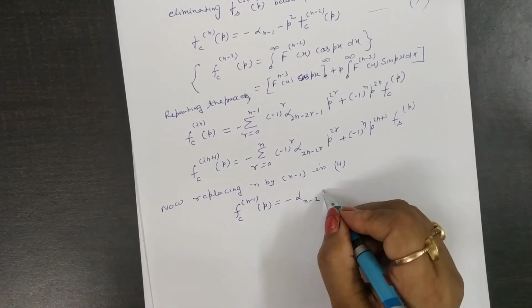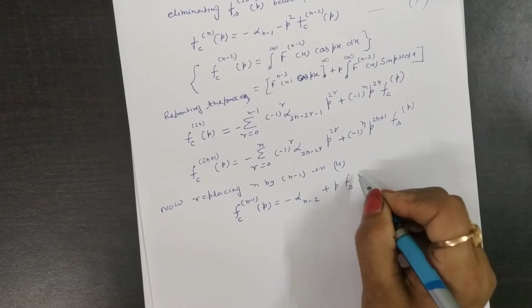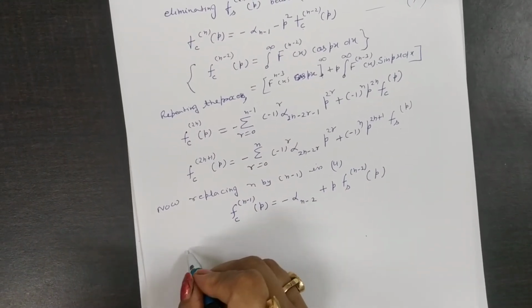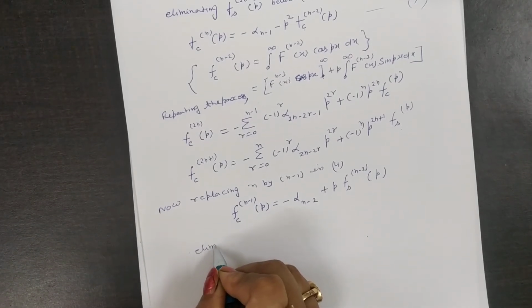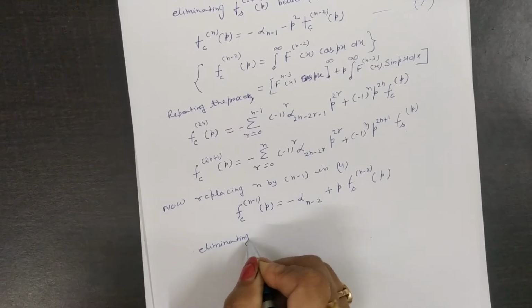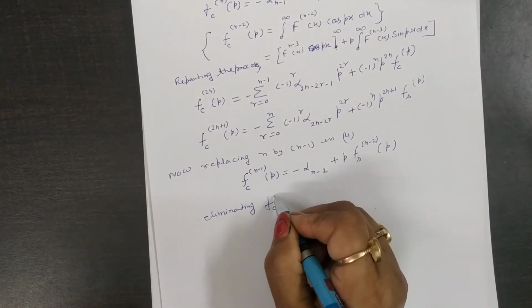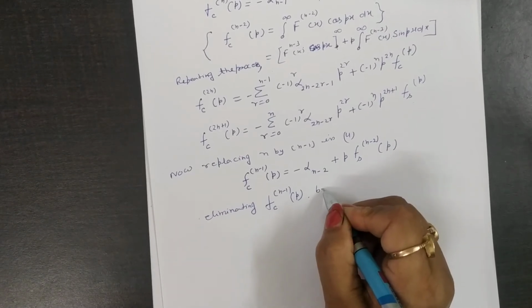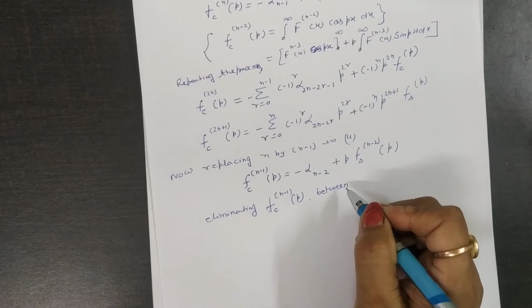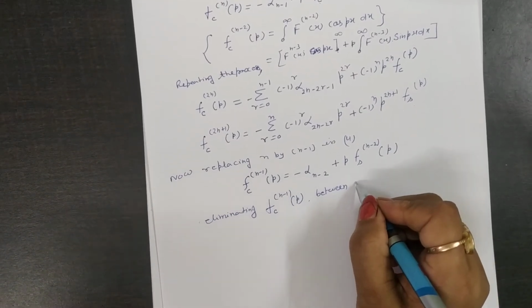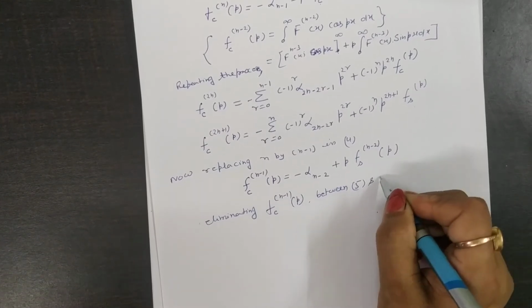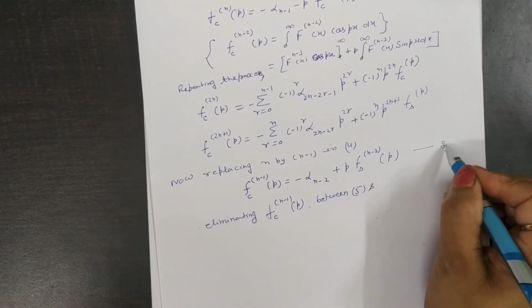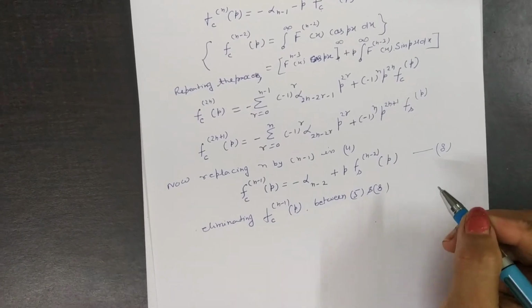plus p times f of s n minus 2 p. Now on eliminating f c n minus 1 p between the fifth equation and this one, let us suppose that equation number 8 is this one, and 8. So we get